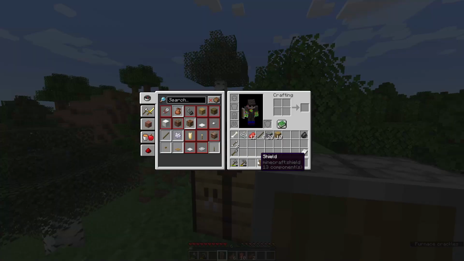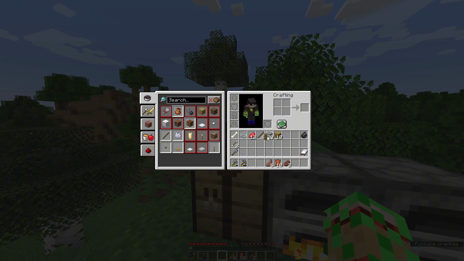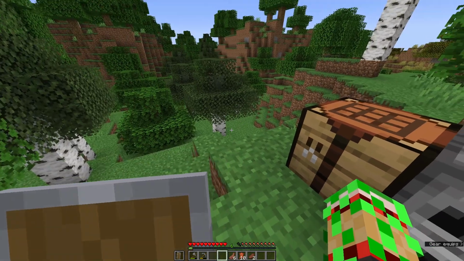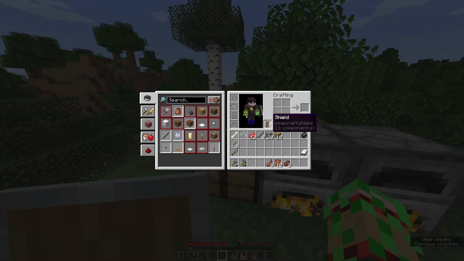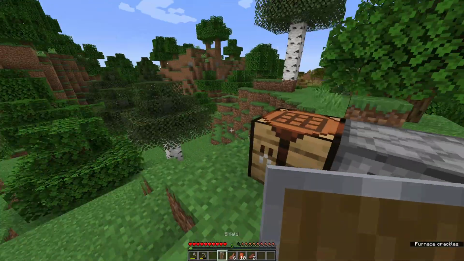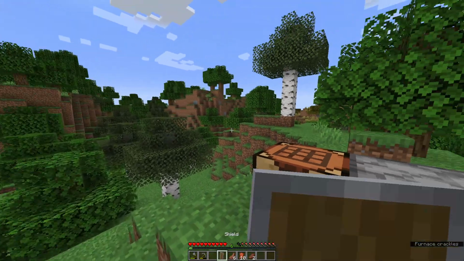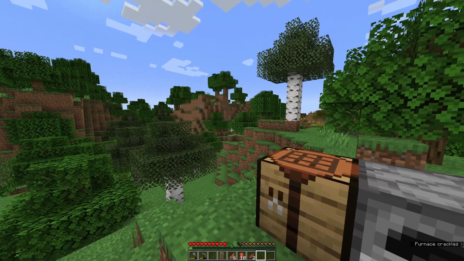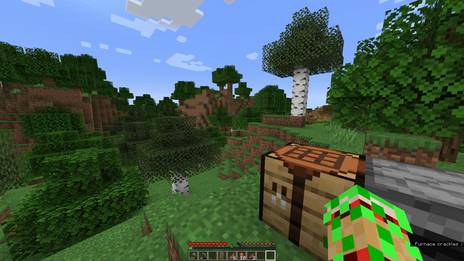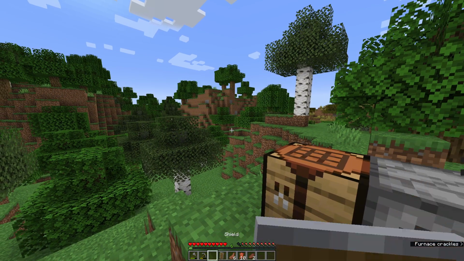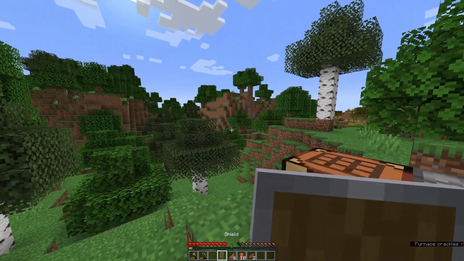So normally if you have the shield here, you can either drag it to your slot, which is over here. Now it's on your left side of the screen, or I think if you hold shift and click the shield, it will automatically detect that it has to go on this side. Or if you're over here and you're just normally looking at it, you can hover over your shield, and to go across all of these, you can use your scroll button or your number buttons, 1 2 3 4 5 6 7 8 9, or you can just scroll ahead and scroll over to your shield and click,